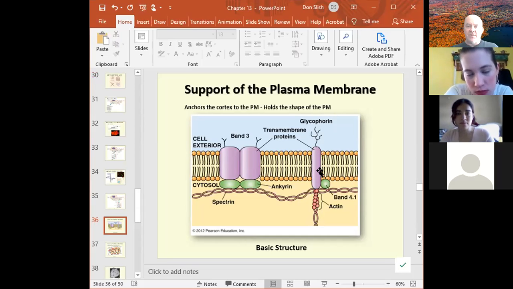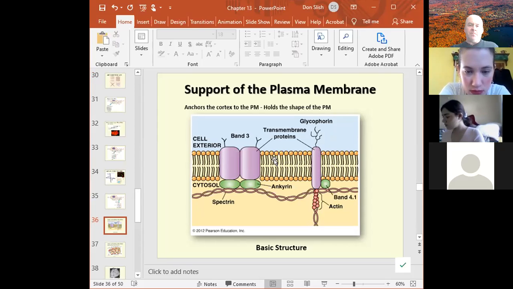Now, all the amino acids in the transmembrane regions are going to be hydrophobic. So these are going to want to be in the membrane. These are going to want to be out of the membrane, which means this protein is really stuck in that membrane. You can't pull it out easily, because if you pulled it out, it would expose the hydrophobic amino acids to the aqueous solution outside, and it's more stable if it's in, so lower energy if it's in the lipid environment. So this protein is stuck here in the membrane, as is this, and this is what's going to anchor everything